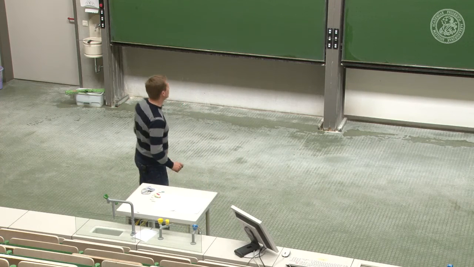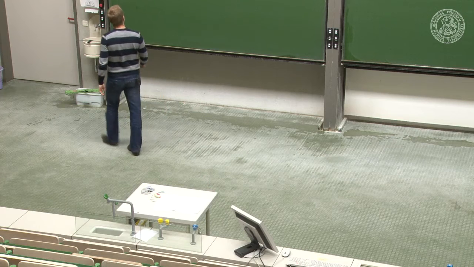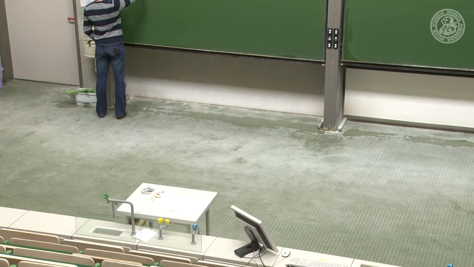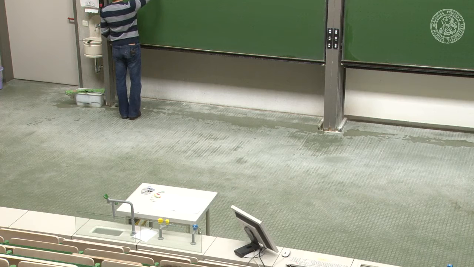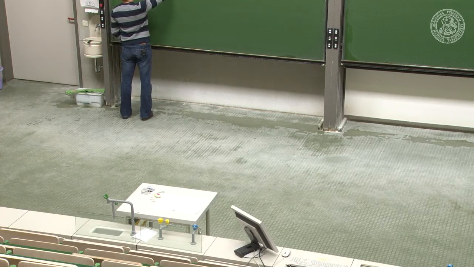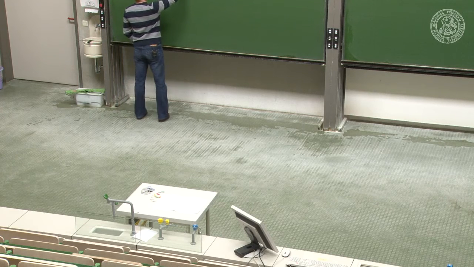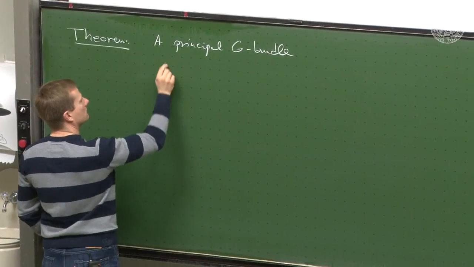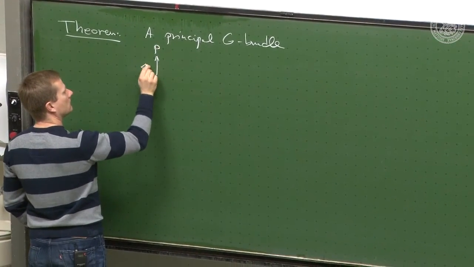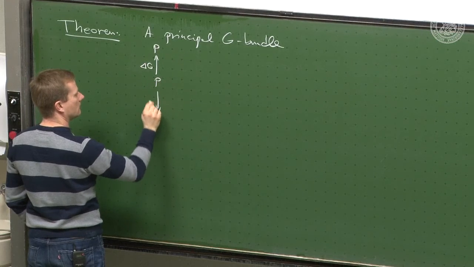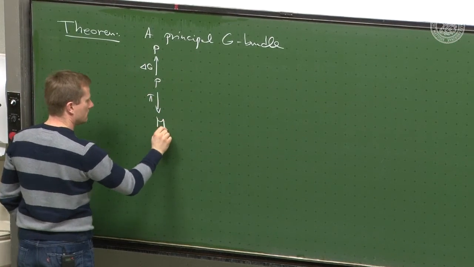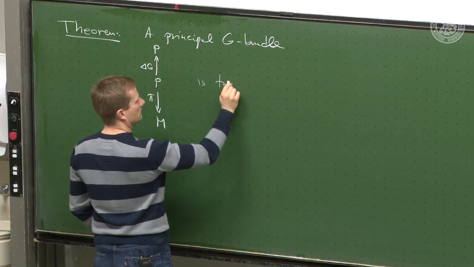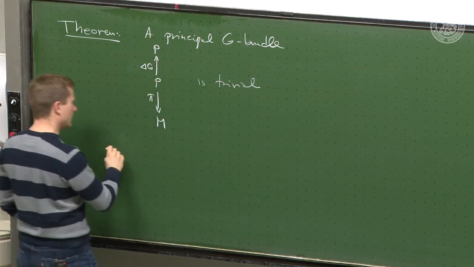So it's good to have a criterion. In this case, it's a sufficient and necessary criterion. We have the theorem. A principal bundle, a principal G bundle, that looks like this, is trivial if and only if